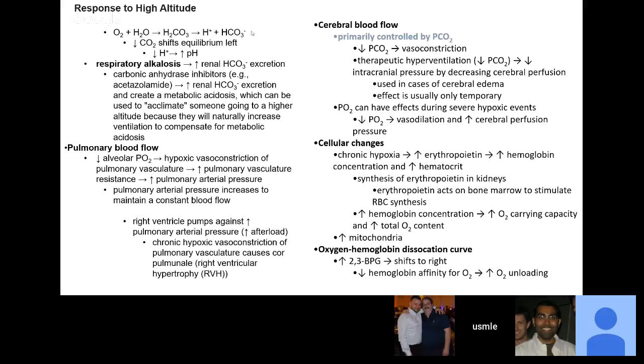The cerebral blood flow, that is the question. Remember, the cerebral blood flow is controlled by the PCO2. And contrary to the lung, where vasoconstriction occurs, in the brain you're going to have vasodilation as a complication. But once you have a decrease of the pressure of CO2, that is going to lead you to vasoconstriction in the brain. So that means, obviously, we saw that